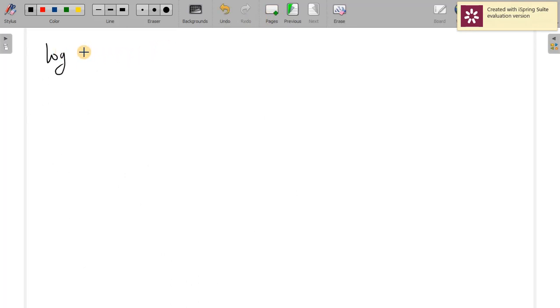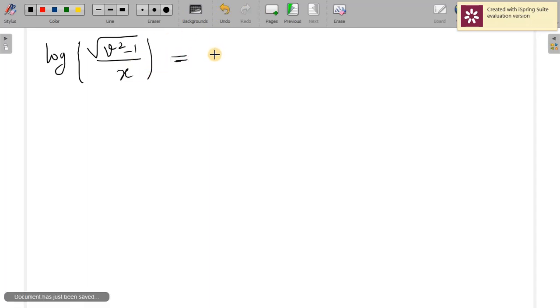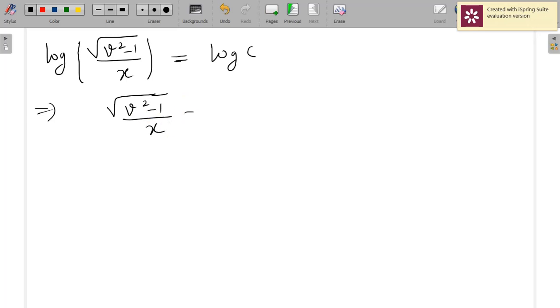log of root of v square minus 1 upon x, as there was minus x, so that's x is equal to log of c. Now taking the inverse both side, we have root of v square minus 1 by x is equal to c, which is same as writing v square minus 1, squaring both the side, I get x square c, and that is same as, we know the value of v square,